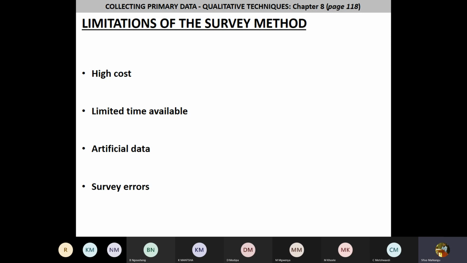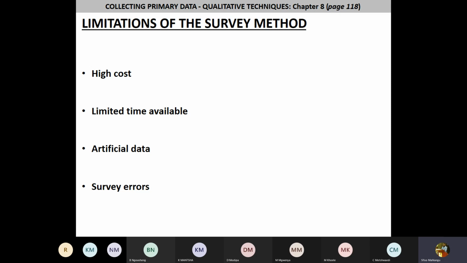If we use the survey, the respondents can tell us that they are interested in buying our products, whereas they end up not buying. When we're using the observation method, we are collecting more correct data. So just take into account that with the survey method, most of the time we tend to collect artificial data. It's data that is fake, which is incorrect,